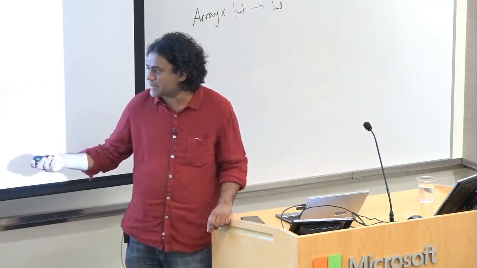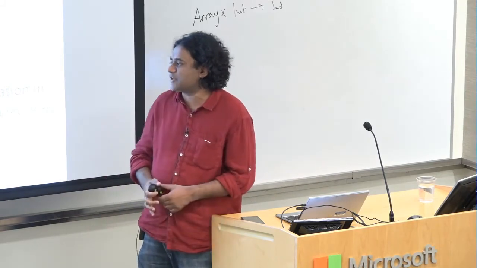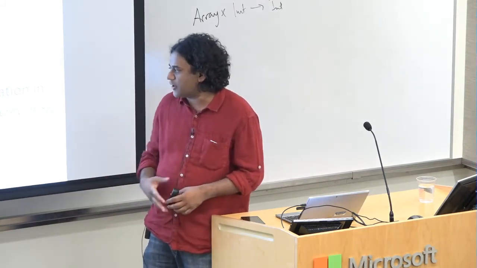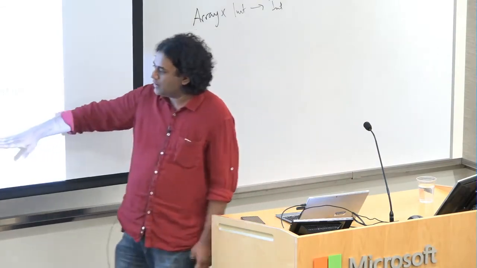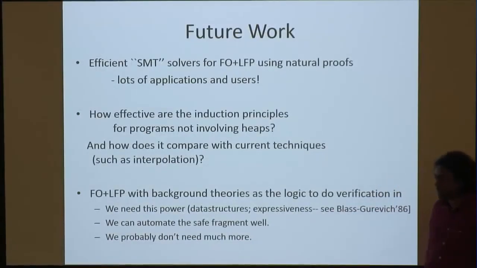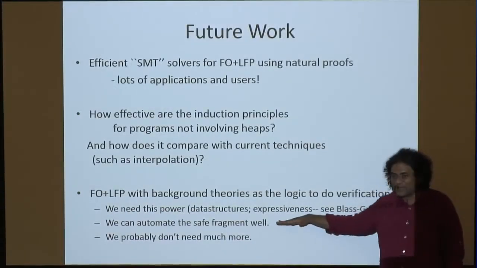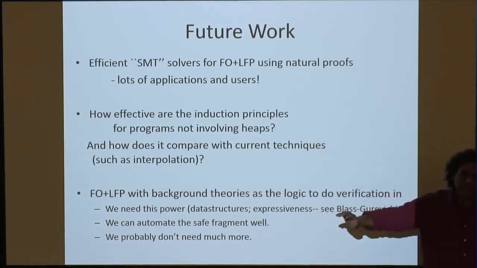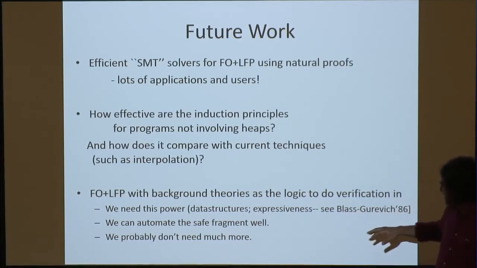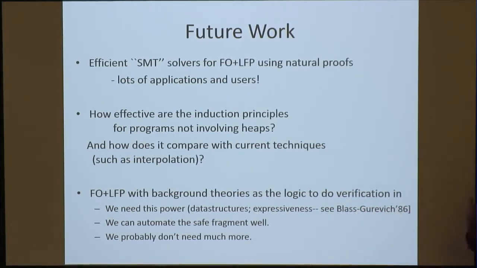The third thing is I think first-order logic with least fixed point and background theories may be the right logic to do for host-style reasoning or deductive verification, right? We certainly need this much power, right? We need data structures. And also, in general, we need this kind of power to have expressiveness of the weakest pre. There's a paper by Blas and Gurovic, actually, a long time back, that argues that we actually should do this because you